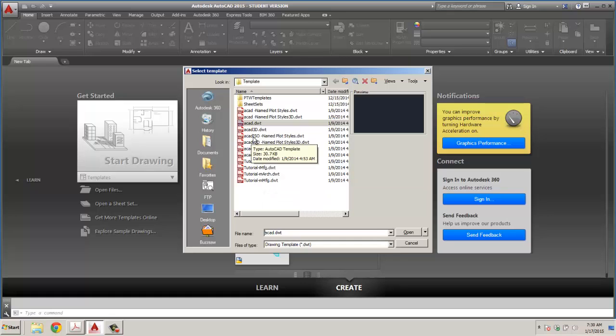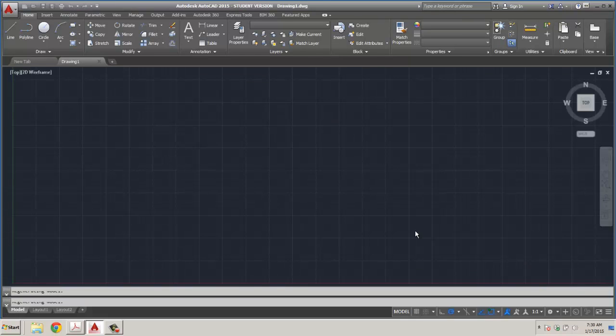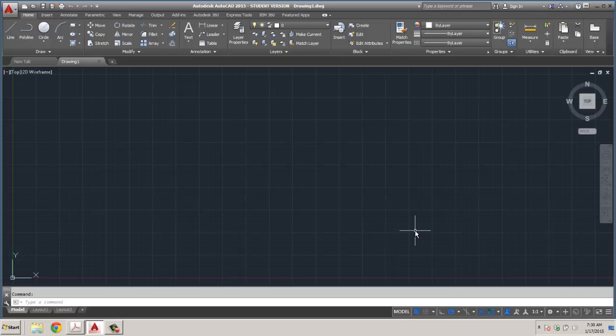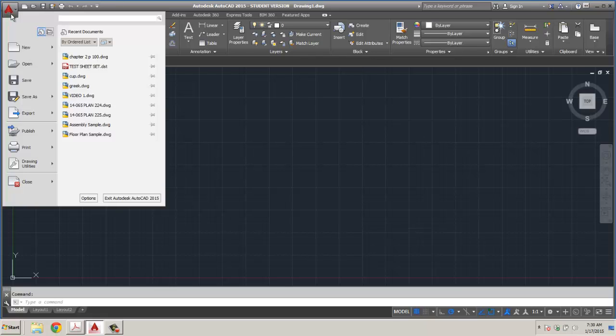Again, anytime you see ISO, that's metric. So what we want to use for a template is acad.dwt, which is an imperial drawing template. So we'll say, okay, that's what I want to open it with. And it's going to open it as just Drawing1. So to get all our files in the right order, what we'll do is do a file, save as,